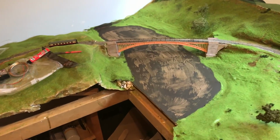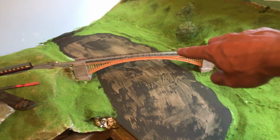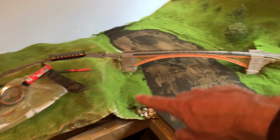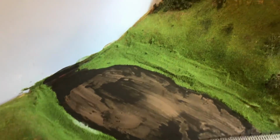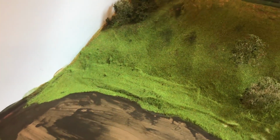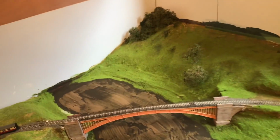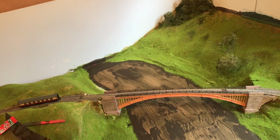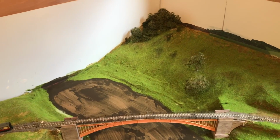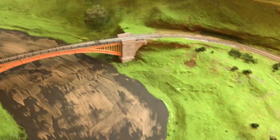So what's next? Since last time I've had a first pass at blending in the riverbanks again. That's mostly successful. I'm putting the static grass over the top of the papier-mâché. Apart from here where it looks a little bit rubbish, but I'll have another go at that. That's where the shaper sheet and plaster mix is easier to blend in and hide the joins, but we can sort that. So yeah, blended the edges in,